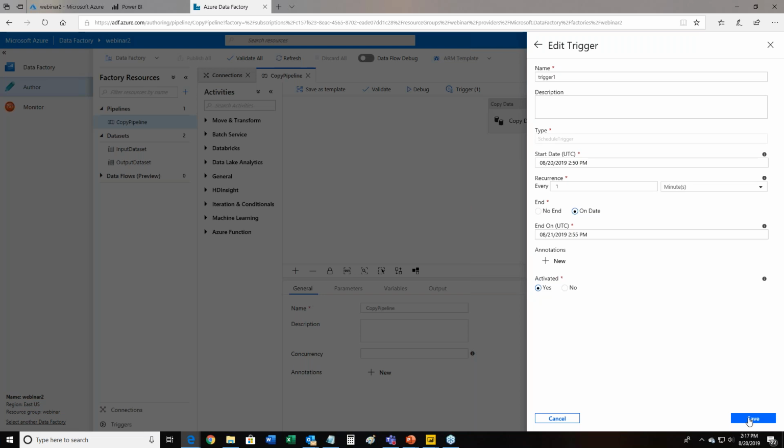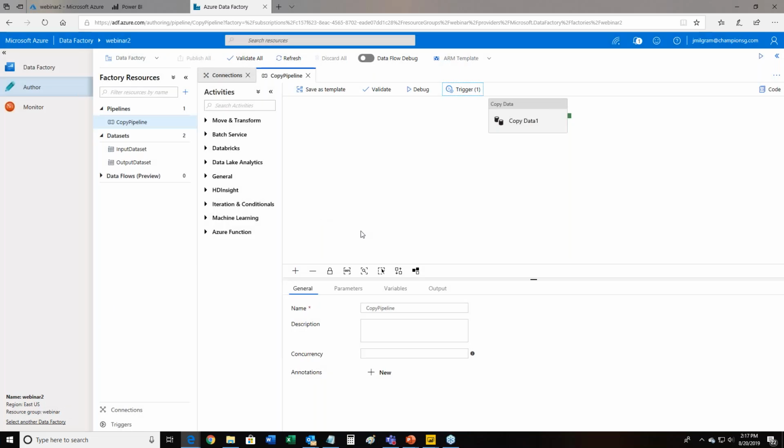So there's time-based triggers. There's event-based triggers. Many different ways to trigger the different pipelines that you create. And each pipeline is taking data, doing something with it, and moving it to its next location. Somewhat of an oversimplification, but really at a high level, that's what Data Factory is. Think of it as like a factory. It takes in all these different parts and puts them together in a way that makes sense for the organization.